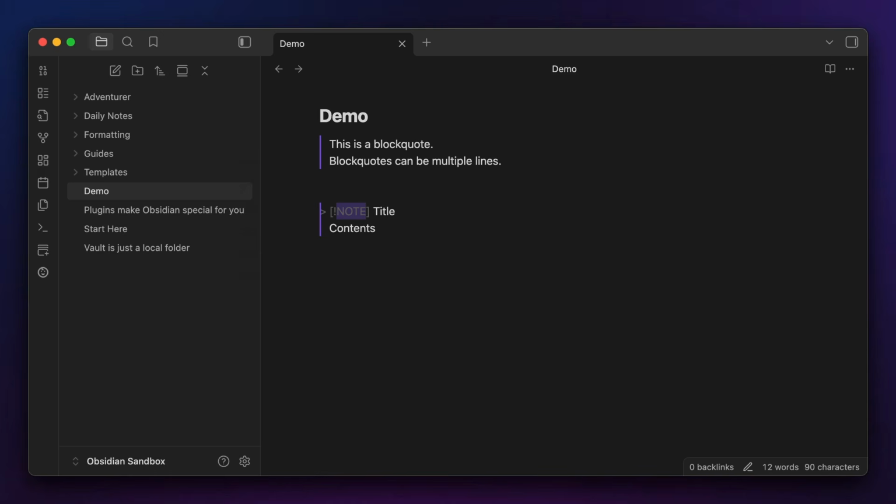Then you add a square bracket with an exclamation mark and a callout type. The type you choose here will determine the icon and the color that are used for the callout. Whatever text you put after the type will appear as the title, and the text you put on the lines below will appear as the contents of the callout, like so. Now there are many different types of callouts you can use that are baked into Obsidian. Note, tip, warning, danger, info, question,